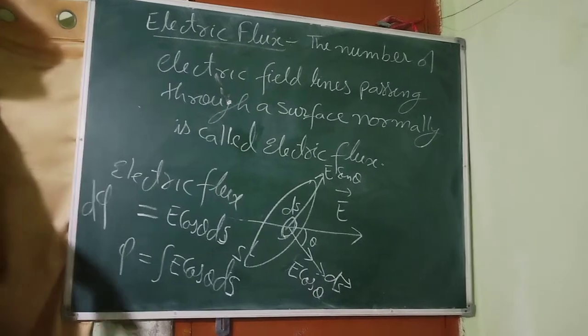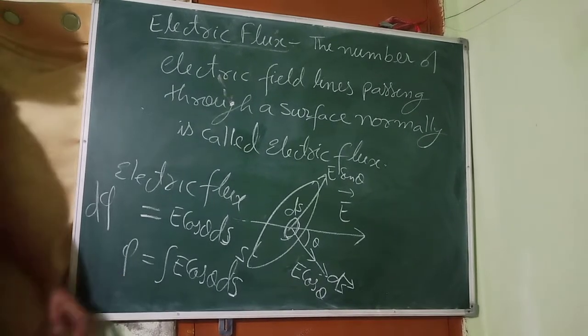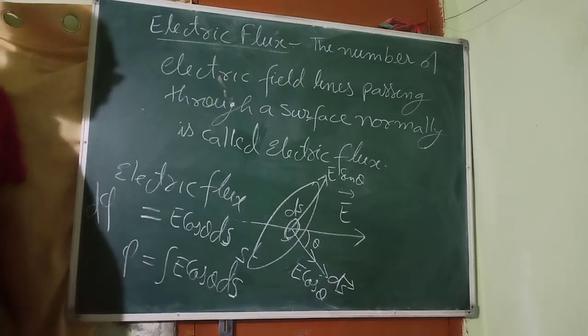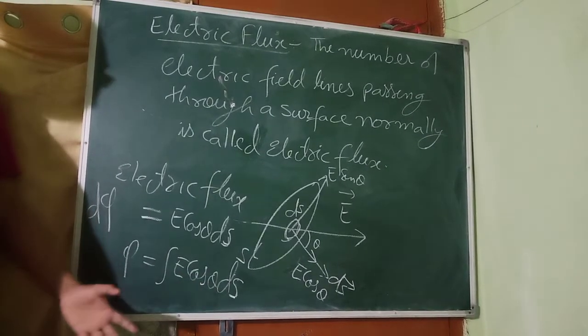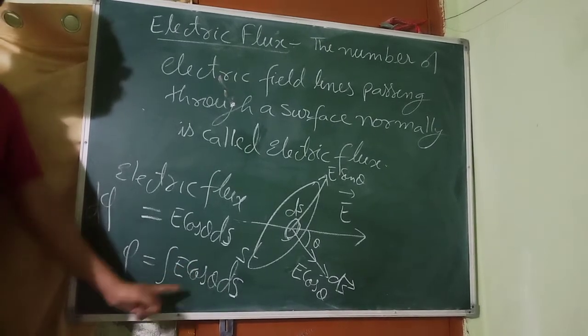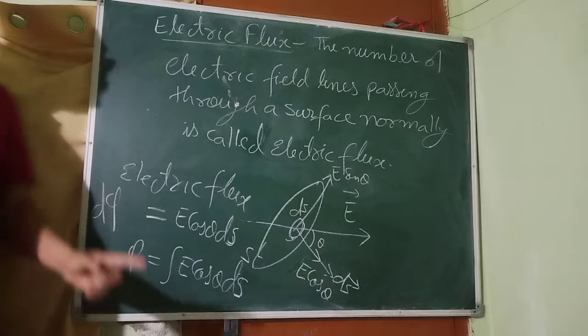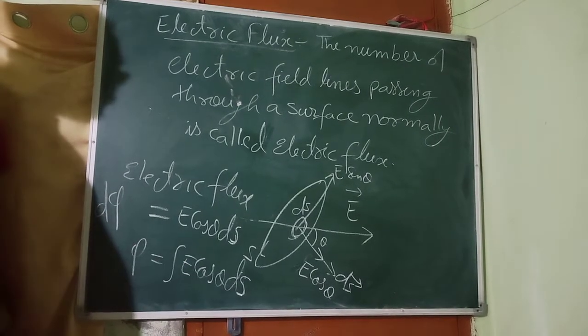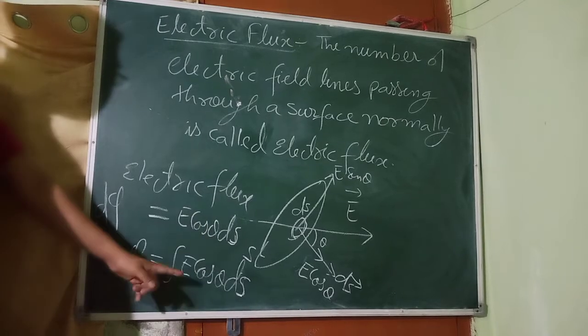And just see here, flux is a scalar quantity. We know that when two vector quantities have a cross product, they give a vector, but flux is a scalar. We also know that when two vector quantities have a dot product, we get a scalar quantity. So here the dot product will be there. One more evidence for the dot product is here.